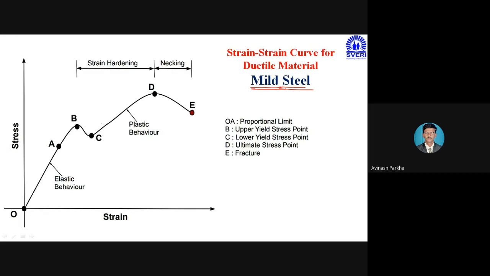But one of the important points in case of a ductile material is this B point. In this particular figure, it represents the maximum stress point in case of a ductile material. Here they have not represented the proportional limit point. In yesterday's figure, the proportional limit point and another point, these 2 points are totally different.